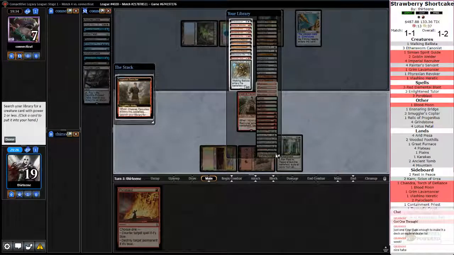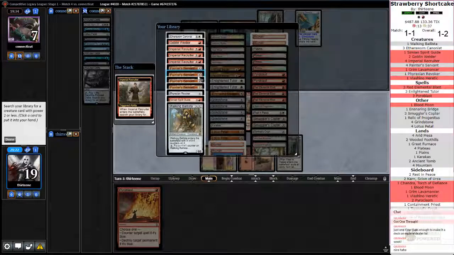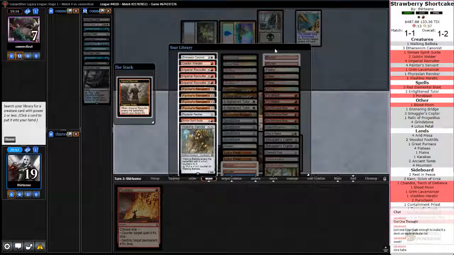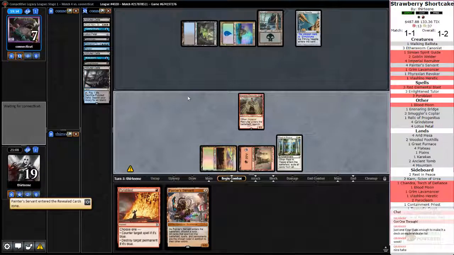Lava Dart doesn't do anything. Walking Ballista is not going to be able to get pumped. Welder doesn't do anything. I don't have another land to chain together the Recruiters. The Revoker can name... Well, they're not on Sneak Attack. Yep, I think it's just Painter. And then Painter will make it so I can counter their Reanimate spell as well with this Pyroblast, so...